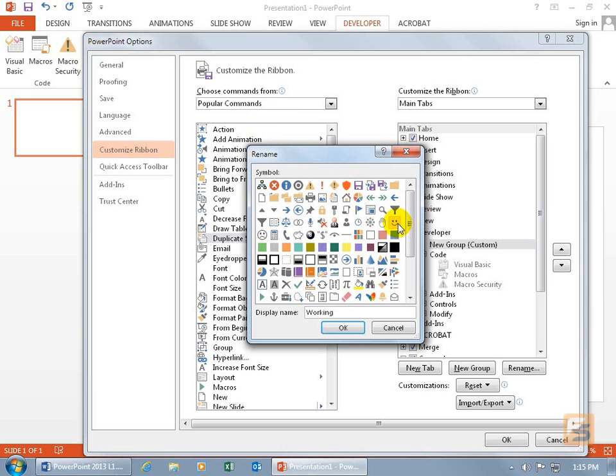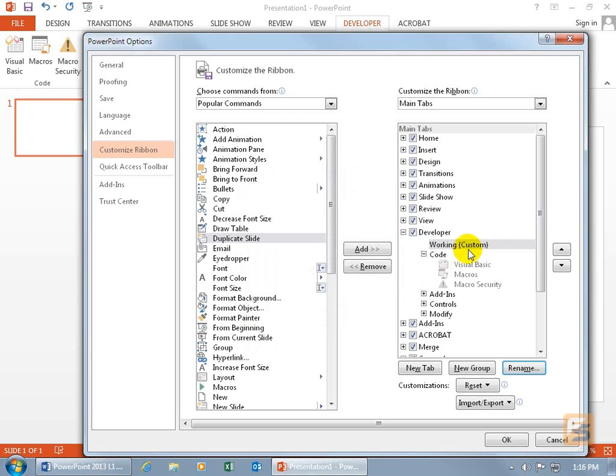As you recall in the Quick Access toolbar training video, when you right-click a group to add it, it finds one of the icons within the group to represent that group. At least this way you can control it somewhat by selecting a symbol that will represent that group. Or maybe we're feeling like an 8-ball today, we'll do 8-ball and click Okie dokie. Now we got the group, and to be able to add commands to it, select the group, come over here,